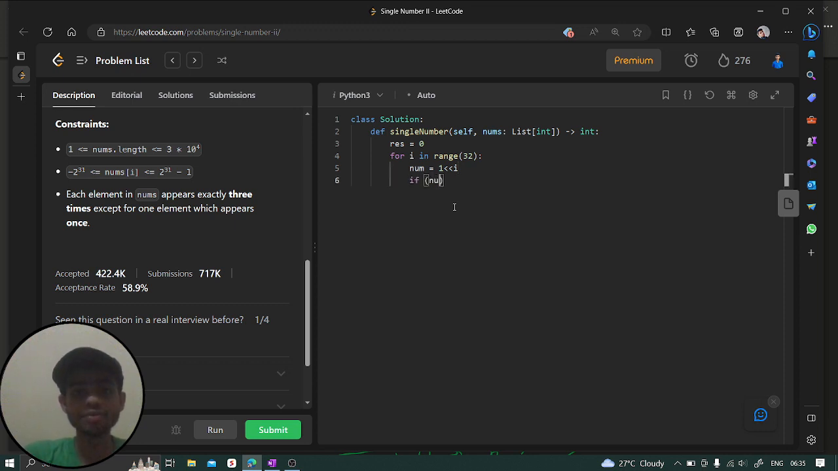So I can simply check if number AND that particular value is not equal to 0, that means that is a set bit, right? So we're going to do it like this. We're going to say for value in nums array, traverse over this nums array. On each index we traverse over the nums array, and on each value we are going to say if value